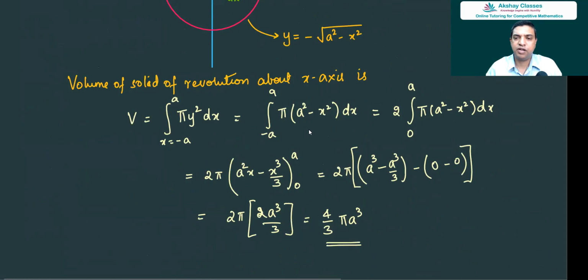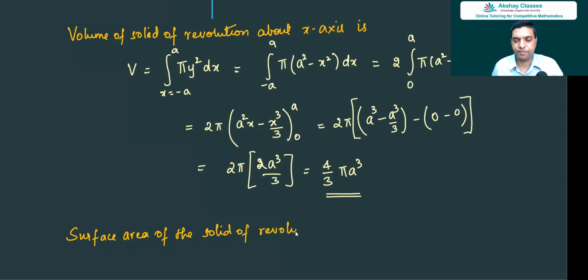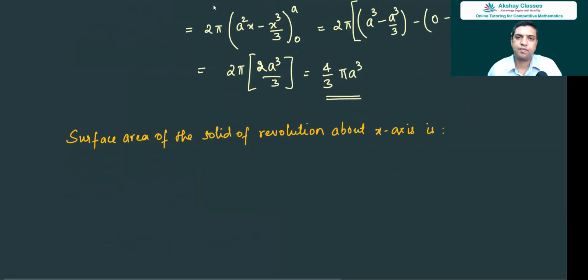Next, we have to find the surface area of the solid of revolution about the x-axis. It is S is equal to,